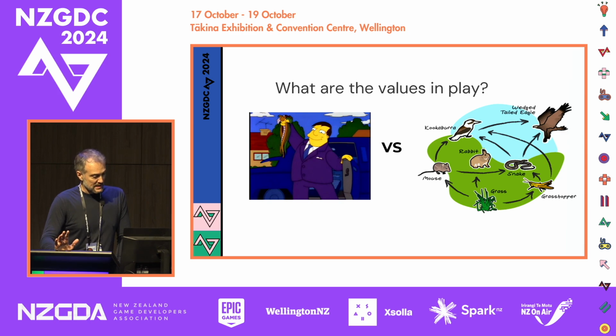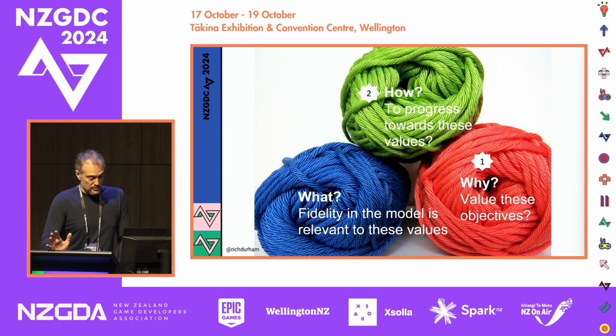And so what I'm looking at is a technique that I've used to draw these out, which I find quite effective. In a Q&A afterwards, I'd love to hear any more models or techniques that you use to draw these kinds of things out. I'm going to start here with 1 and 2, why these values. So why should we value the objectives that are there, the meaning that's there?